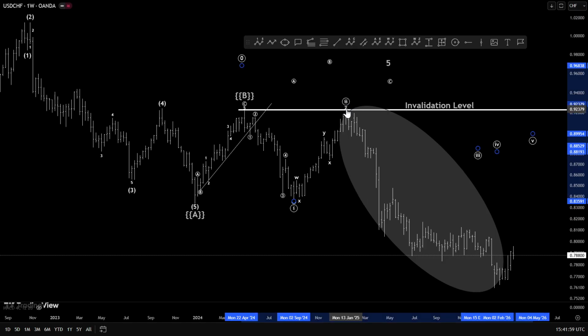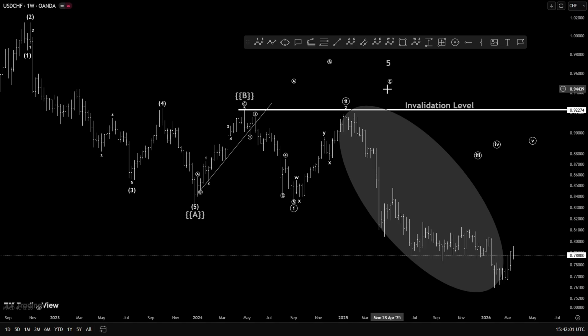And this becomes wave 2 because it is a corrective structure and never broke out of this wave 1. If you want to consider this as wave 1, you must know the rules and regulations that wave 2 can never end beyond the start point of wave 1. And now we're done with wave 2, which means out of the 5, we are done with 2. Now let's do the 3, right? Again the 3